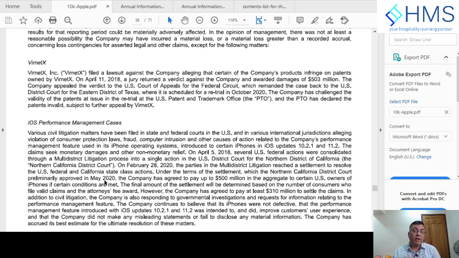So that means the company has a chance to win this lawsuit. So that's why maybe the company has not provided the amount of $500 million in damages in its profit and loss statement. If the Court of Appeal also rejects the contention by Apple, they have to provide the $503 million in damages as an expense, right? So instead of putting it as an expense, it is a contingent liability. It is contingent only because it depends on the court ruling, and the chances of losing or winning are 50-50. So you cannot say that there is no liability at all. There may be a liability if the company loses it.